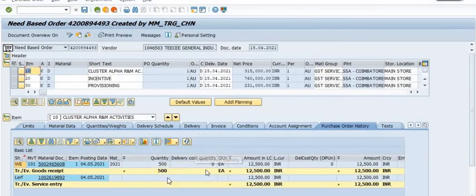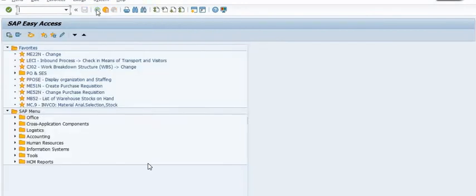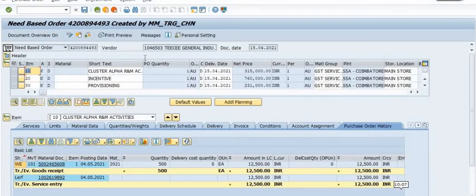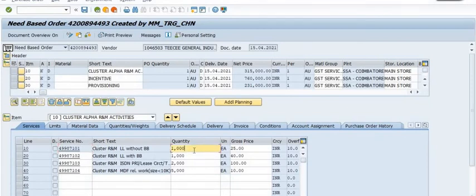No more further GR is possible in the future, so I need to amend this quantity to 500. Just change the quantity to 500.